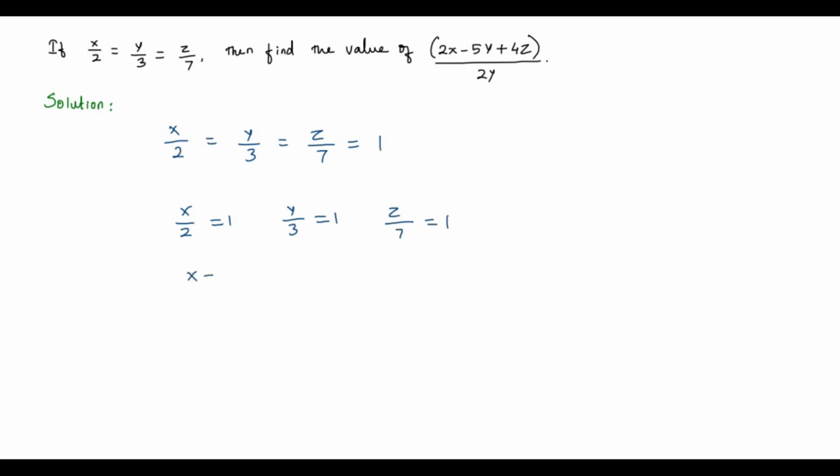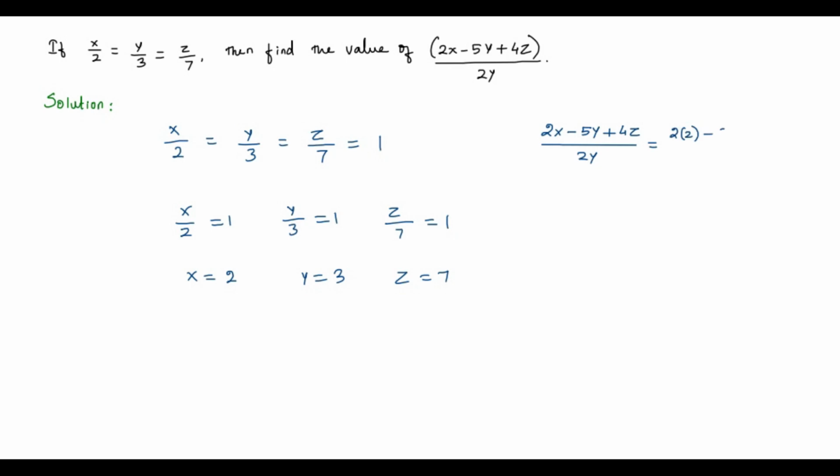Now we get x is equal to 2 from this one, here we get y is equal to 3, and we get z is equal to 7. Now we got the values of x, y and z. We can substitute the values of x, y, z here in this fraction. So we have 2x minus 5y plus 4z divided by 2y is equal to